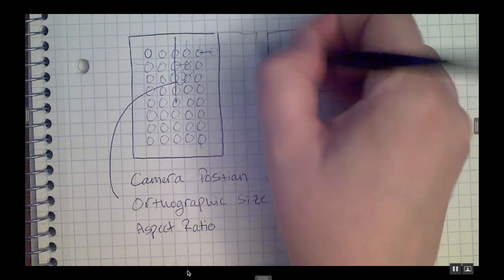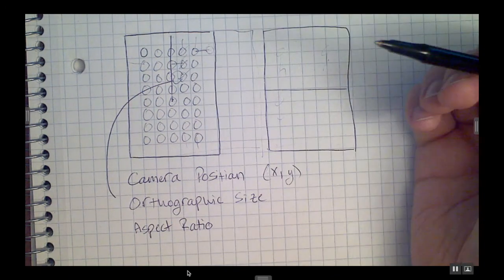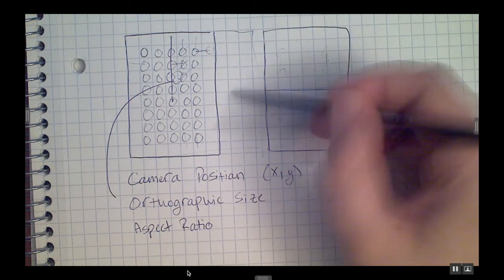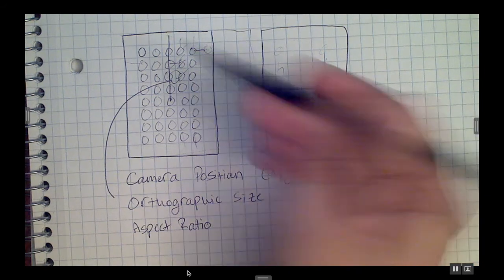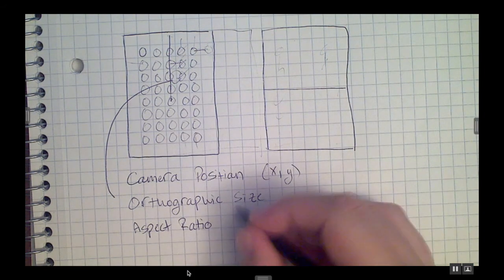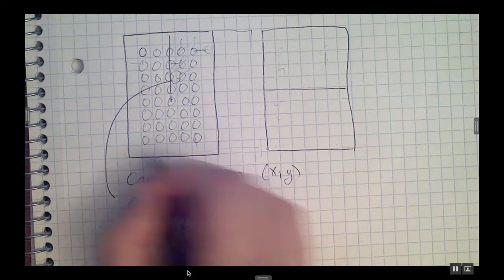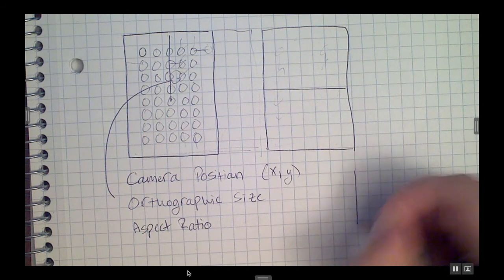But if you have a window that's 16 by 16, a square window, this could have the same orthographic size, which doesn't seem right because there's more area that the camera's covering here. That's where aspect ratio comes in. Aspect ratio is the ratio of the, it's 1/2 of the width. So like here,